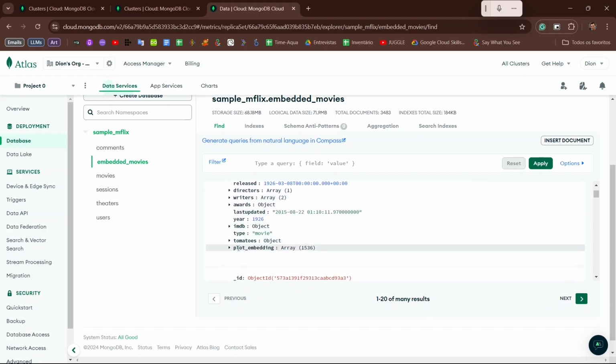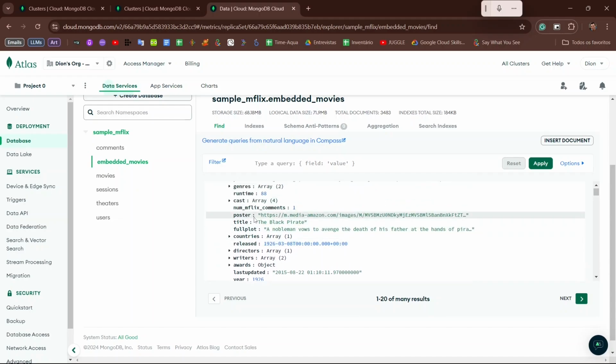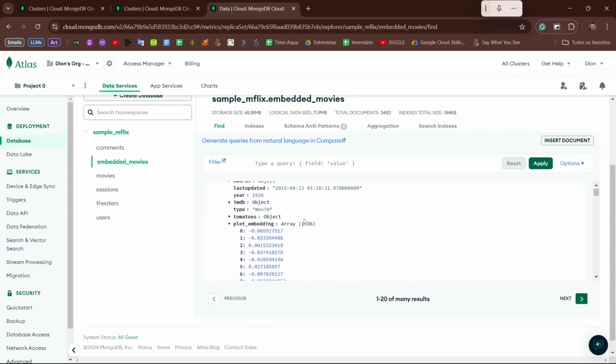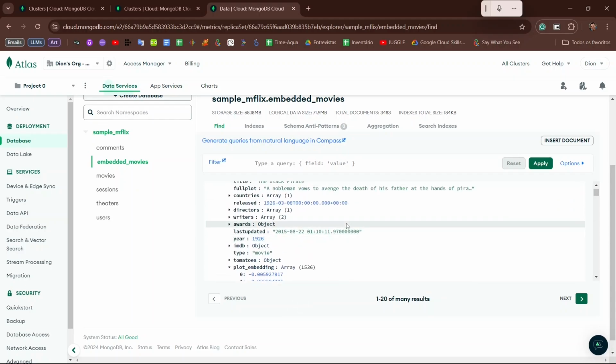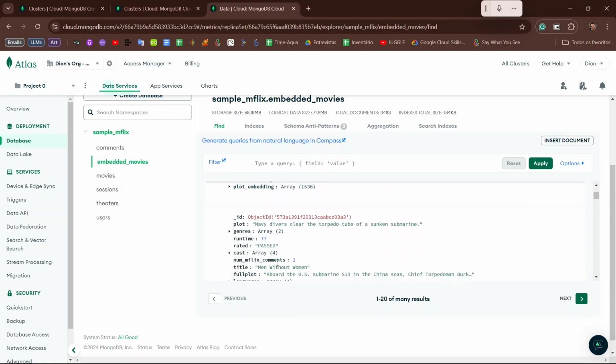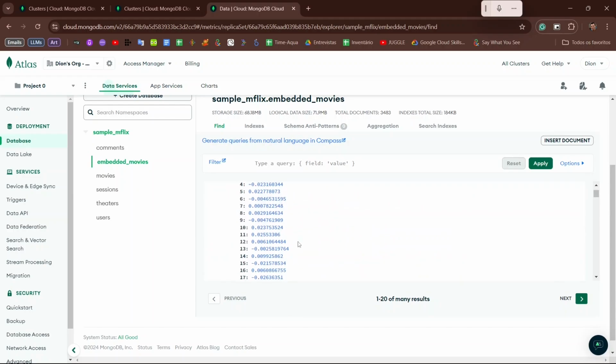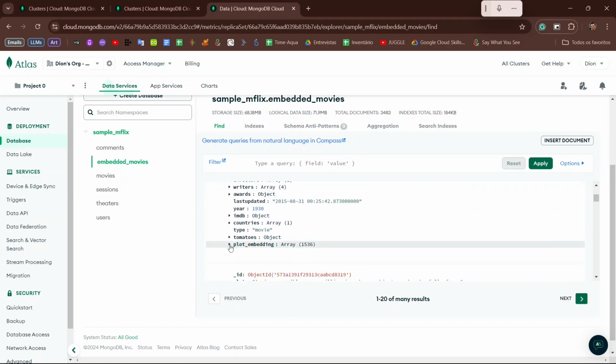And inside of each item of this collection, we have the plot embedding. So the plot from the movie generated an embedding, and it was put inside of each movie. Let me collapse this to make it easier to see. It's just a sample database, and every plot for each movie has been embedded in this array here.